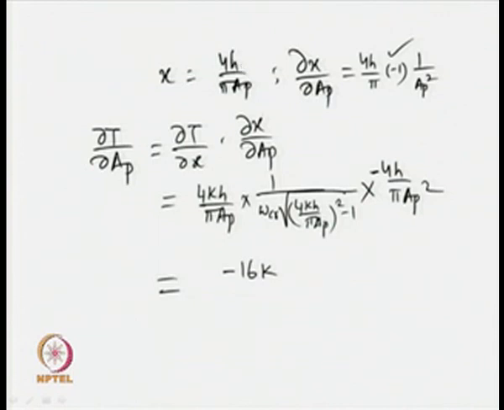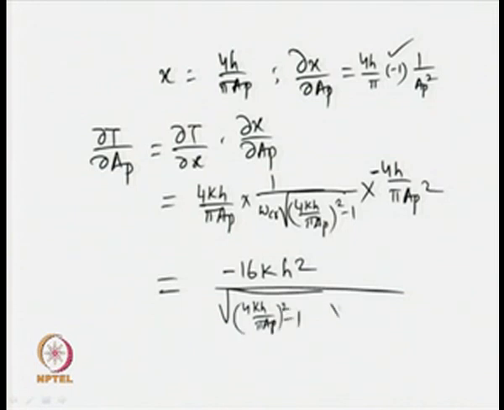Okay. So, minus 16 k h square divided by root of (4 k h upon pi a p) square minus 1, with terms like omega c r into pi square a p cubed. So, this is how I get